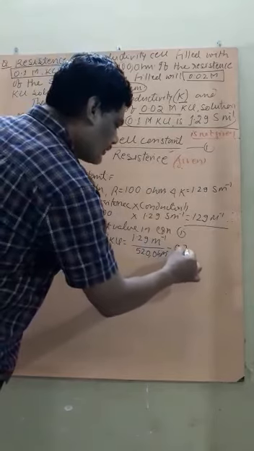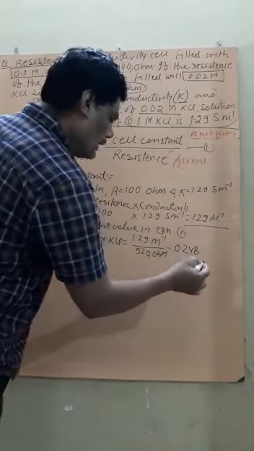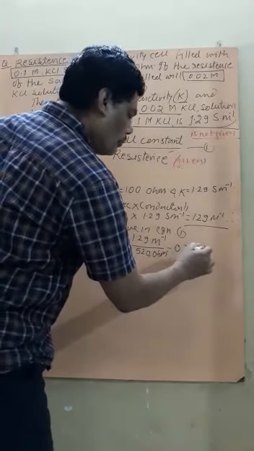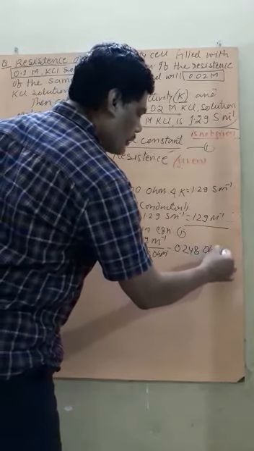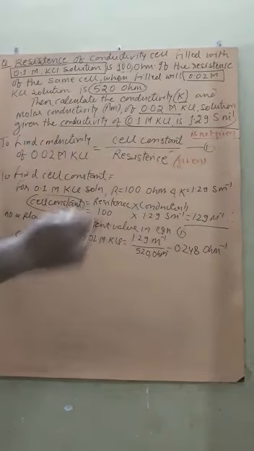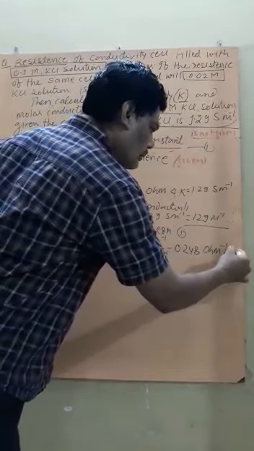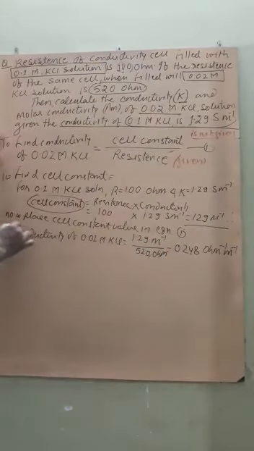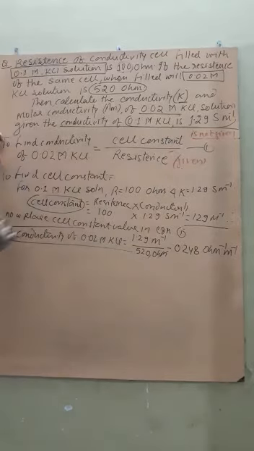0.248 per ohm. Are you getting? And the unit will be per meter. So this is the value of conductivity. So the first question is solved. Okay. Now